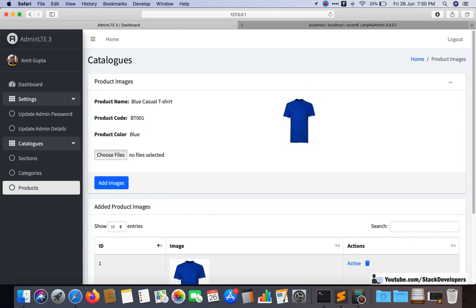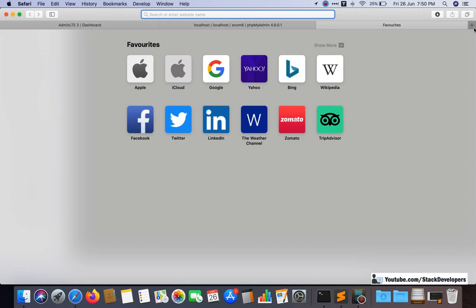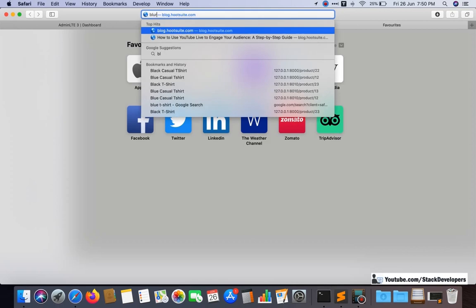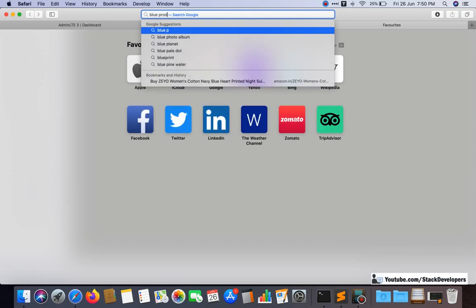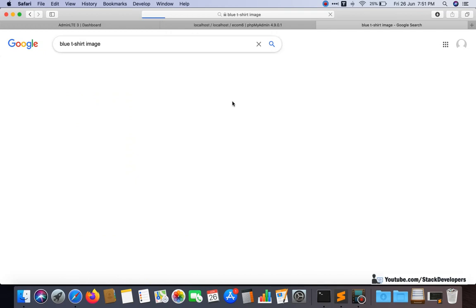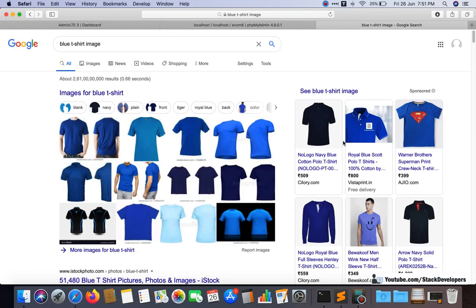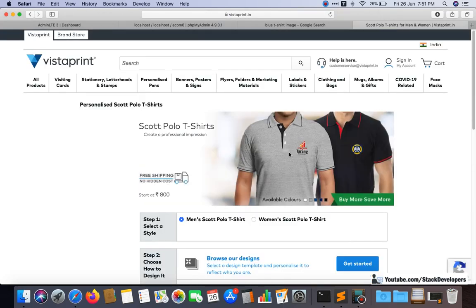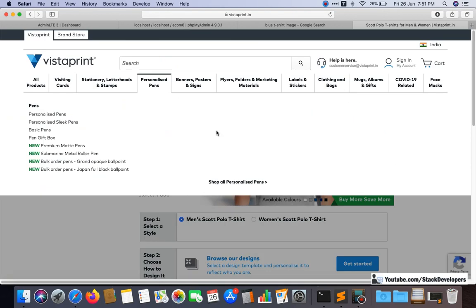So what we can do is search for images first. I want to search for some alternate images. I want a blue product image, any blue t-shirt image, in fact, and I want some alternate images. I can open any website, just for dummy purposes, since I want a few images.